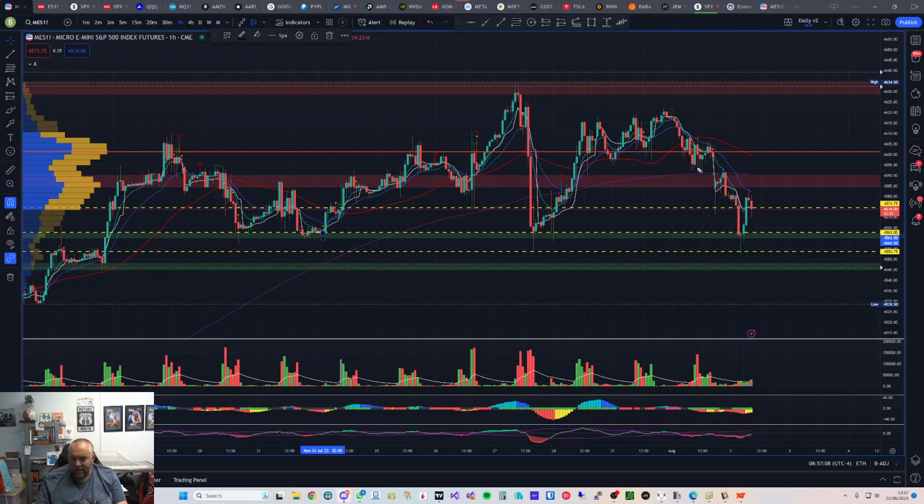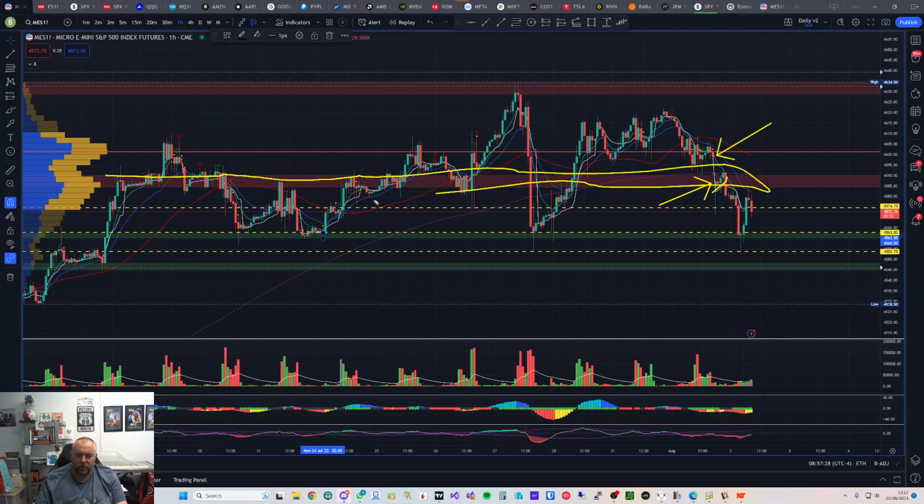So we ended yesterday here, so this is where we ended up yesterday. We opened up an hour later there and we gave a bit of a pullback up into this area, which is this area which we've had on our charts now for some time, and it pulled right back up to that top level. It broke through the 200 moving average at 45.90 and then it's just been on a downward